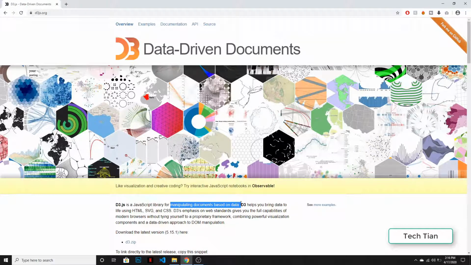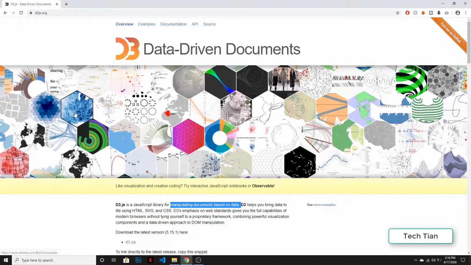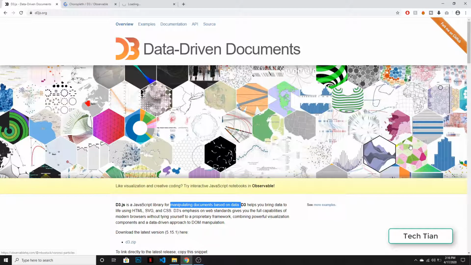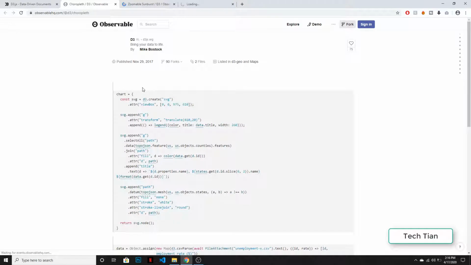Suppose you have a lot of data in your hand and you want to make something cool out of it with the use of D3, and you can actually make these amazing documents with it. If I just click some of them, you can get some more ideas. So the first one is something called